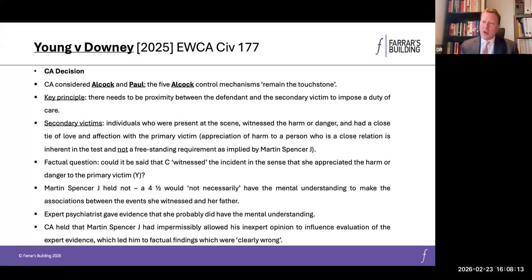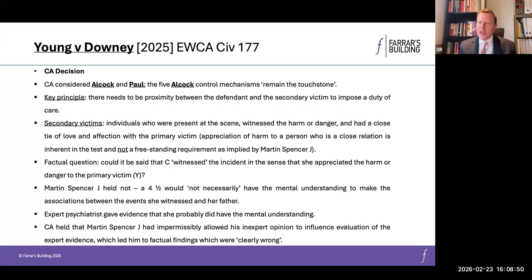And the Court of Appeal decided that to achieve fairness and justice, the judge was certainly entitled to ask for the expert to be called to give evidence and to question the expert himself. But the judge wasn't permitted to then allow his own inexpert opinions about the mental capabilities of a child influence his evaluation of that expert's evidence. And the Court of Appeal had said that, in fact, it wasn't even clear from the transcript that the judge had put his own opinion and conclusion to the expert for the expert to comment on it.